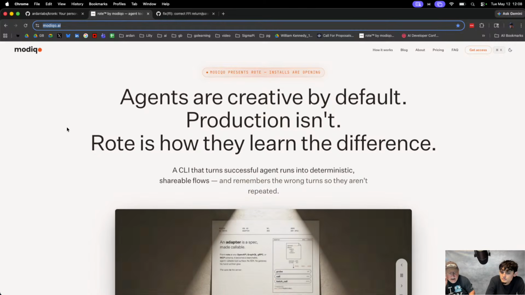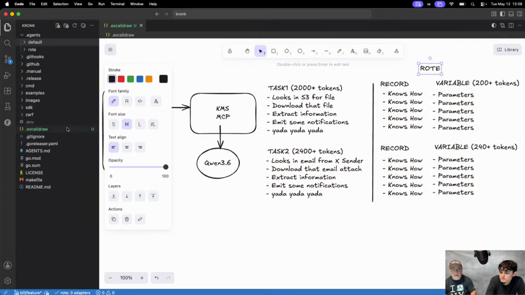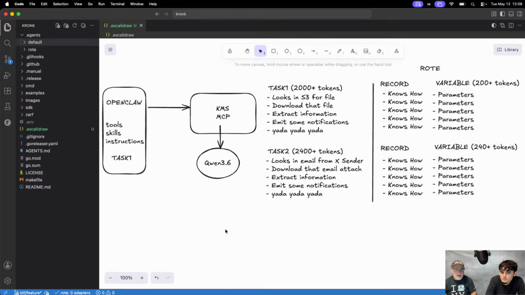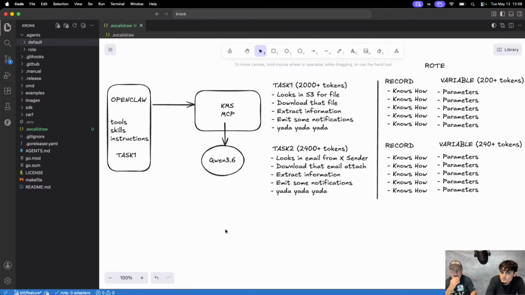But if you're doing any sort of work like this, where you're building automations and you're asking the model to figure out how to do these things, you need this. You need this. Now, the question is, how do you get Rote to work, right? If you're having to hand code all of this stuff, it doesn't work. Now you're just programming in another DSL. And the team over there at Rote knows this, right?